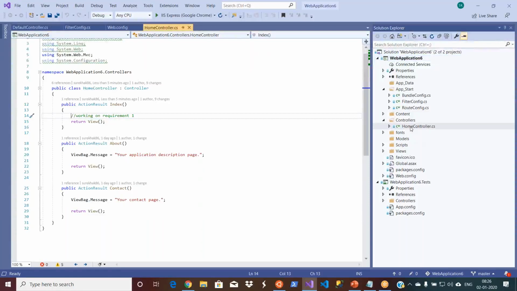And again, if you go to home controller and open this one, I added one more comment here, right, under this one. So what are all the changes you made to these files before stash? They disappear from your visible code actually, but this is somewhere on your local system which you don't see. Okay, the reason is that it doesn't want to confuse you when you are checking in.